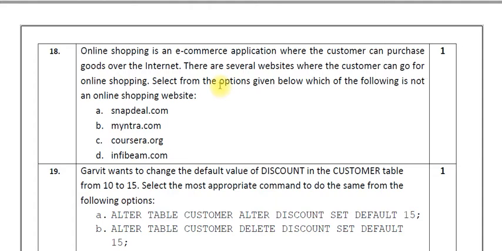Now what if the question was: which of the following is not an e-commerce website? Or instead of these options, maybe the question is which of the following websites is a shopping website. Instead of all the names of shopping websites, maybe Coursera or Khan Academy or some other educational website names are given in the options, and only one, maybe Myntra, Snapdeal, Amazon, is given. So in that case you have to answer it accordingly.